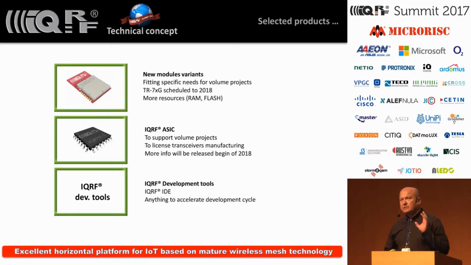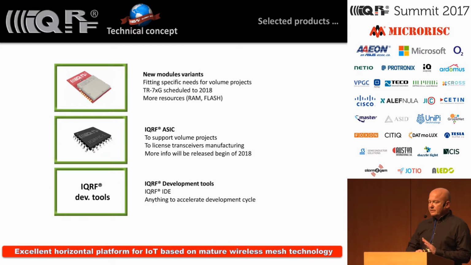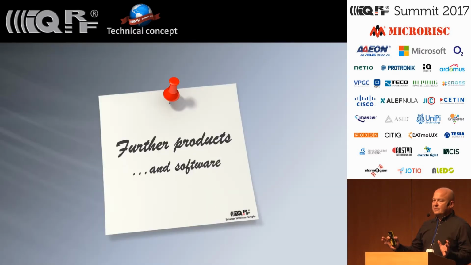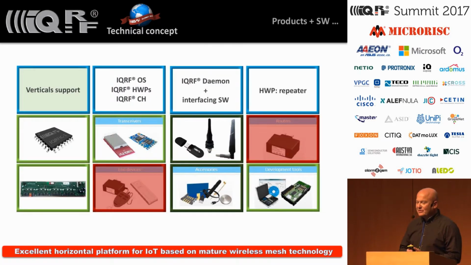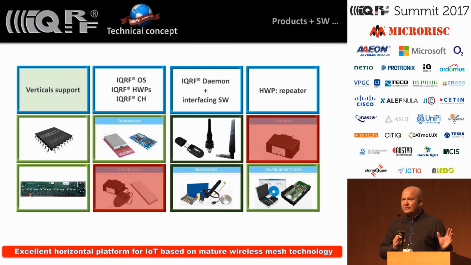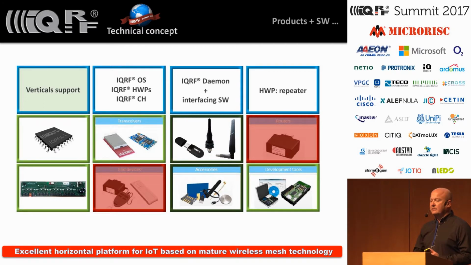This is very important for many projects, and especially big customers like ABB and Siemens are waiting for that. So here you can see selected products and what we will focus on. When we are talking about products, it will be not only physical products, but we have recognized, hey, we are a software company. Because everything what will be in the future and what is unique on IQRF and distinguishing us from anybody else is software.